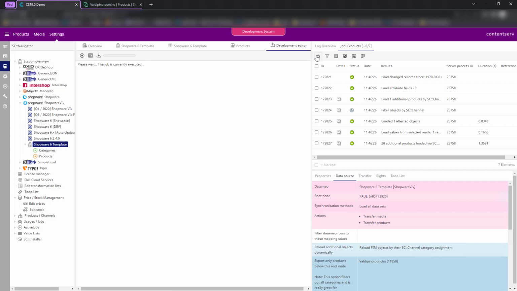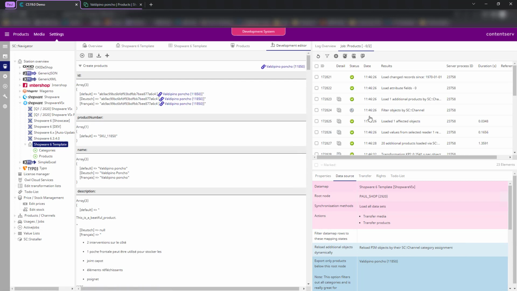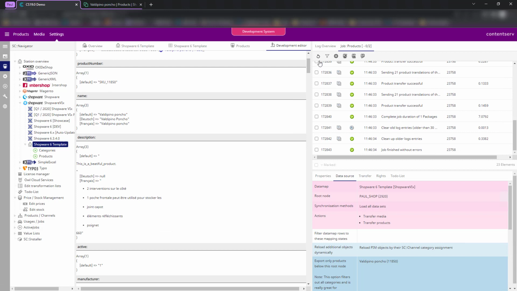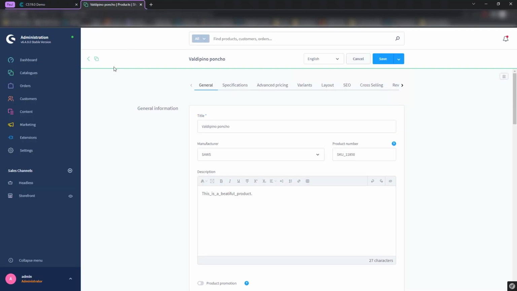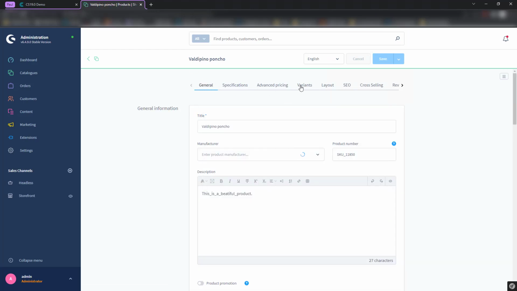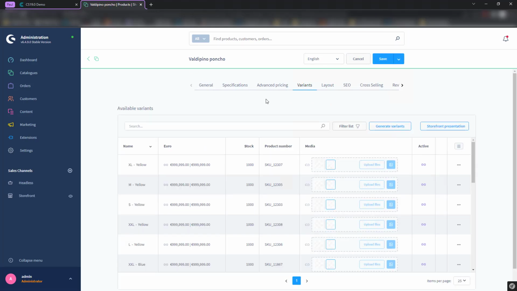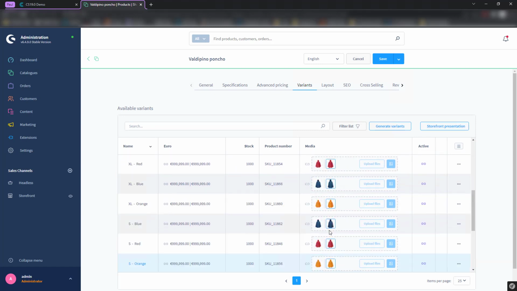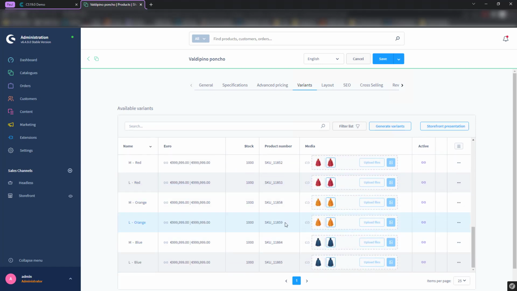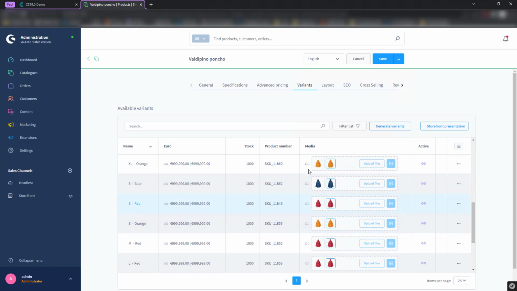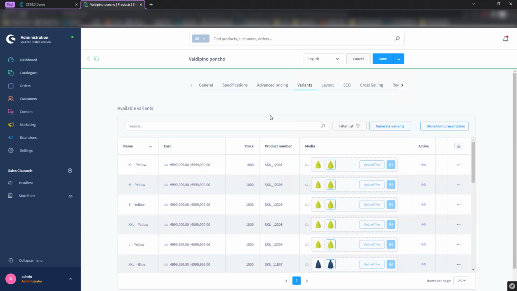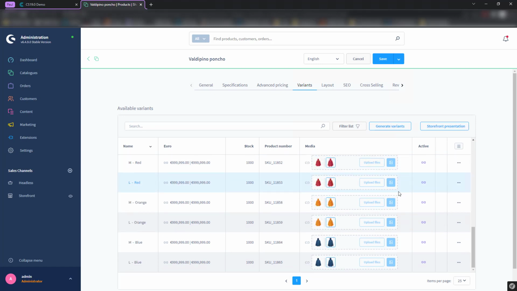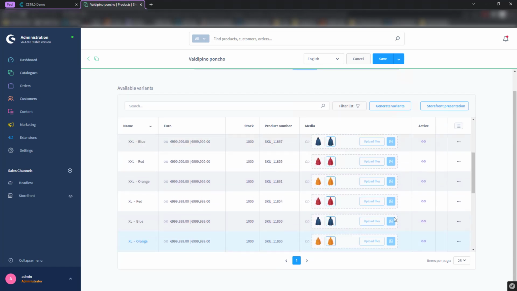Okay. Just, we already finished. That was too quick. Let's see. Update this one. Variants. Oh, and they look way better now. Yeah. Oh, that's beautiful. Especially the orange ones. I like those. So now we have our variants, and we should have the variant selector in the front end, which I will show at the end of the video. And